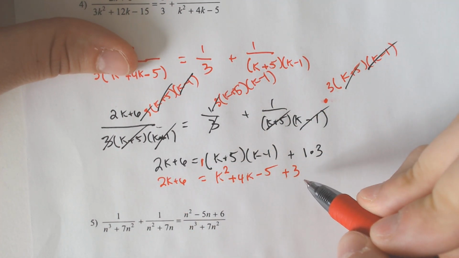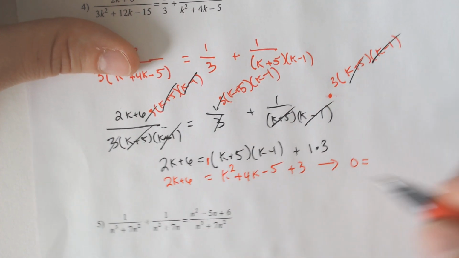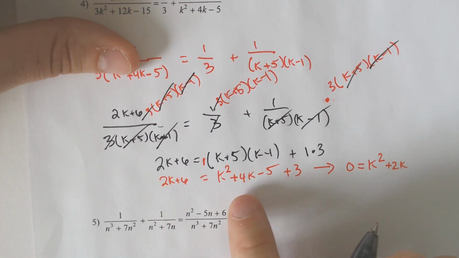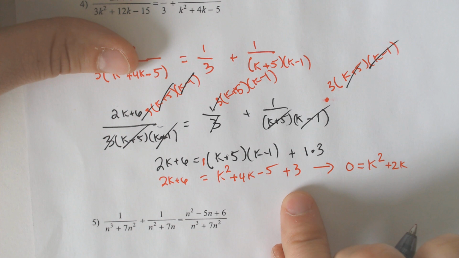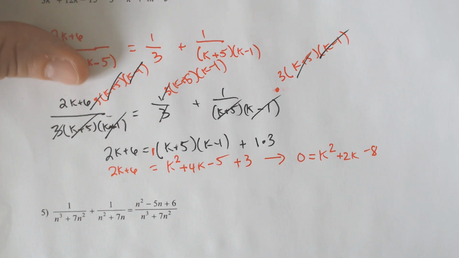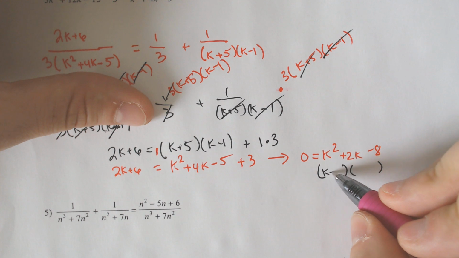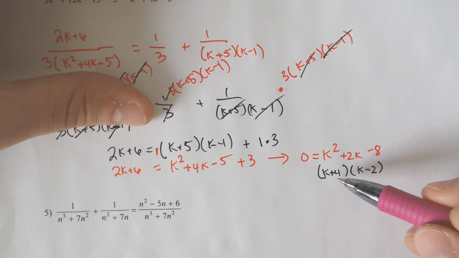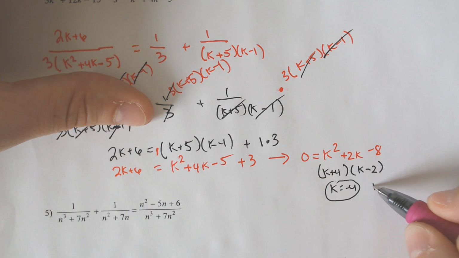So I'm going to move the 6 over. I'm going to move the 2k over. I'm going to run out of room. 0 equals, when I subtract the 2k from 4k, I get 2k, because subtracting 2 from 4 gets 2. If we combine -5 and 3 together, you get -2 minus 6 makes -8. From here, we factor again. This is a section all about factoring. And what multiplies to -8 but adds to +2 would be +4 and -2,